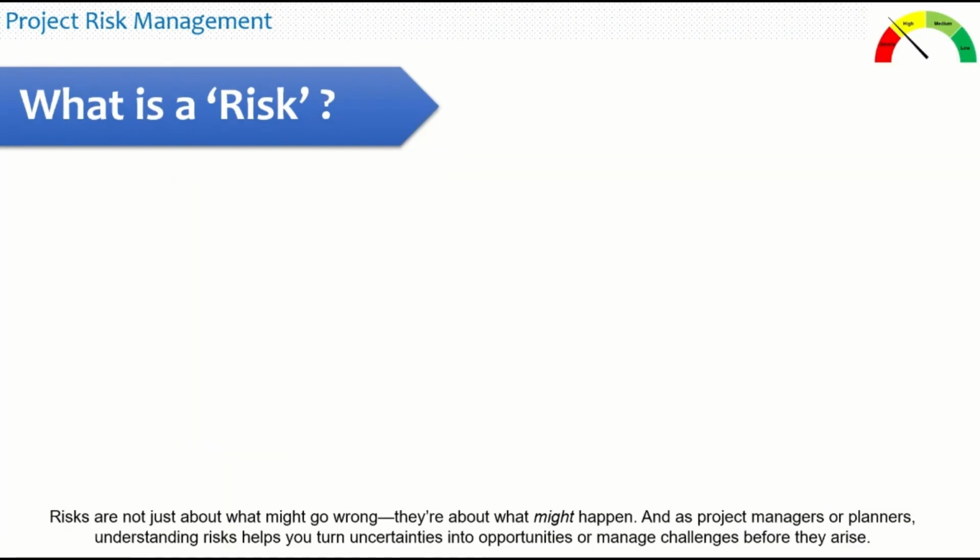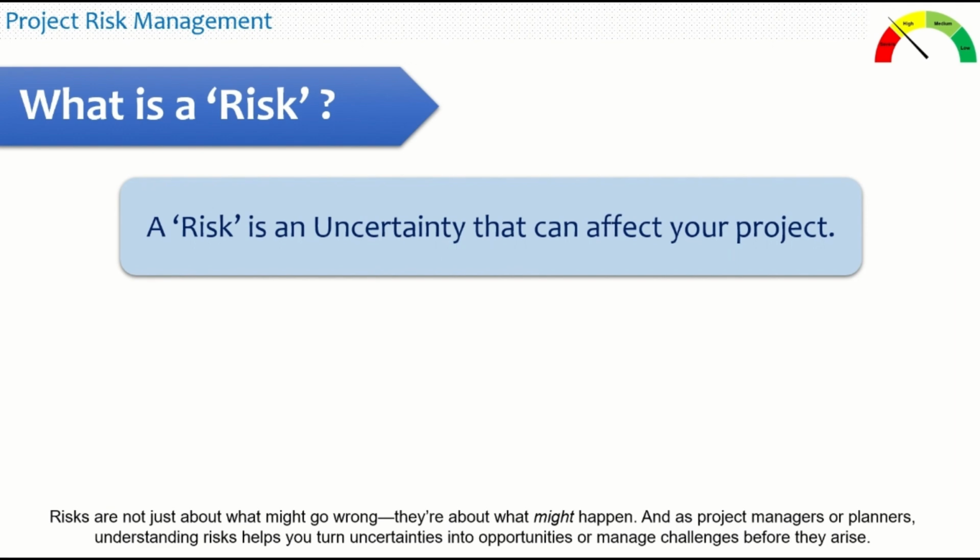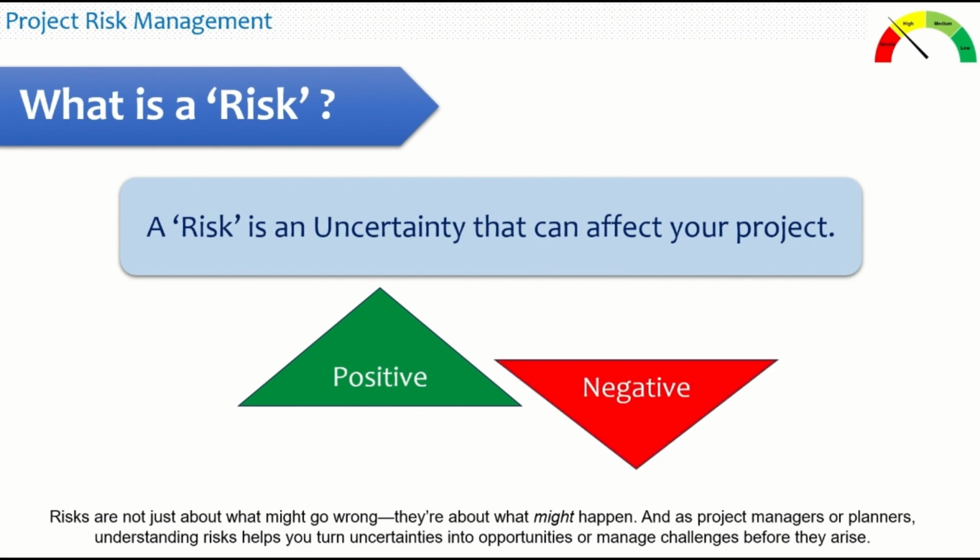So the first thing we need to understand is what is a risk. A risk is an uncertainty that can affect your project. That can be both in the positive and negative way. The positive risk impacts the project positively, while the negative risks impact the projects negatively. Risks are not just about what might go wrong, they are about what might happen. As a project manager or a planner, understanding the risks helps you turn uncertainties into opportunities or manage the challenges